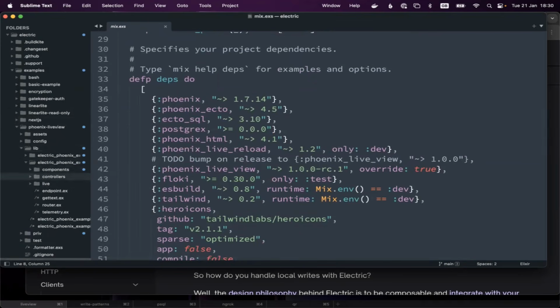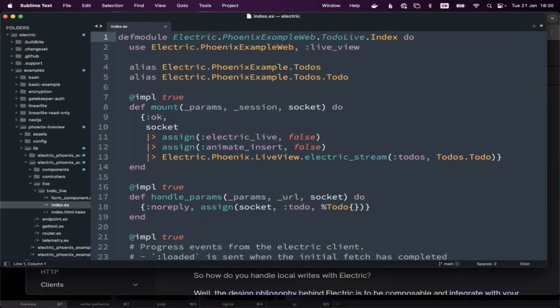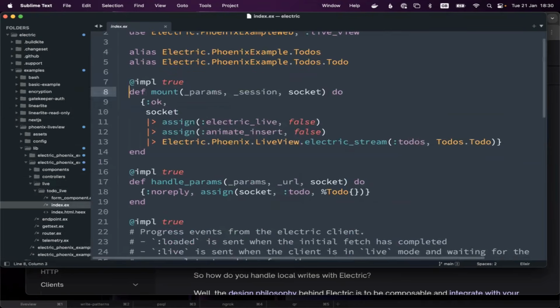If I go in to just show you the code, it's a to-do list app. Here, for example, we're just showing you that when the LiveView mounts, we use Electric Stream to send the result. So this is actually basically sending an Ecto query by just saying query all of these to-dos, and that gets streamed through as the to-dos collection into the client.